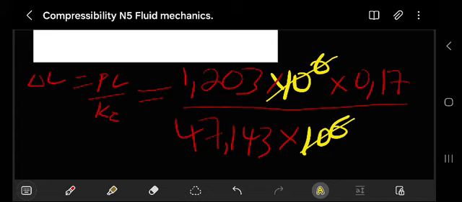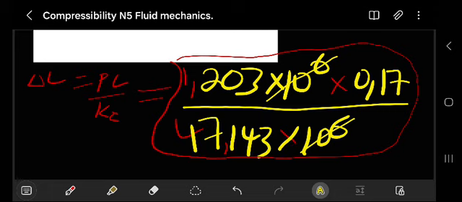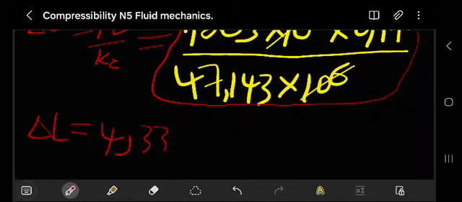Then we'll multiply, or just make your life easier: punch all of these in your calculator to make your life easy. You're supposed to get the change in length. Change in length is equal to 4 point, what is that, 4.336